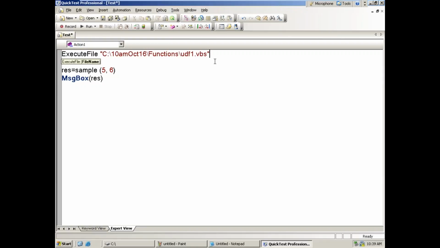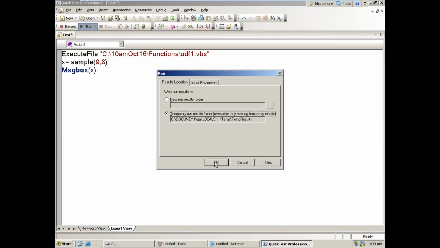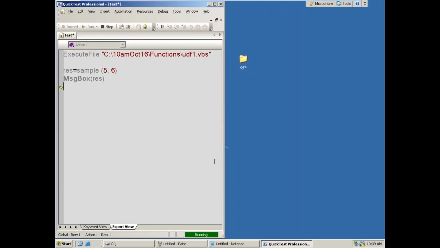Like this. Every action you have to associate. If you are associating library function file like this, action 1, action 2. In one file, you can maintain n number of functions. There is no limitation. Now if I run it, this way also we can associate.